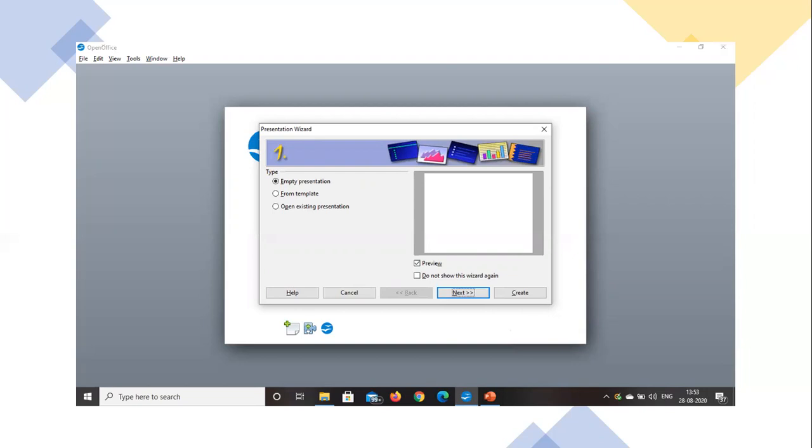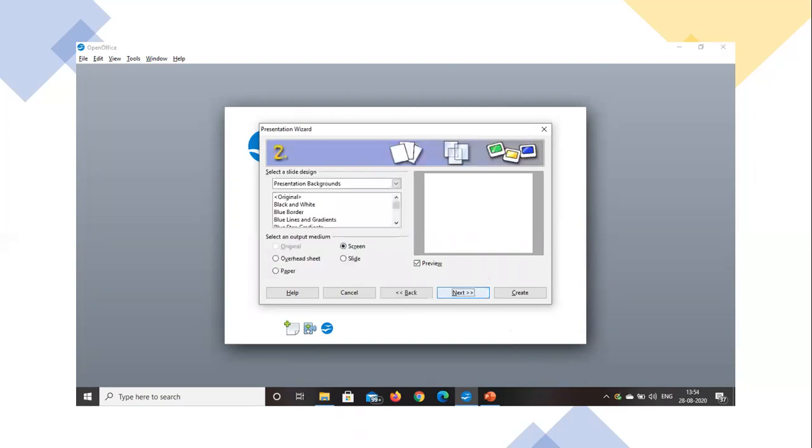Okay, children. Next, this is the second step. Here there is an option, presentation backgrounds. In that we have several kinds of presentation backgrounds in the drop down list. We also have the option to select an output medium. In that we have several options like overhead sheet, paper, screen, slide.